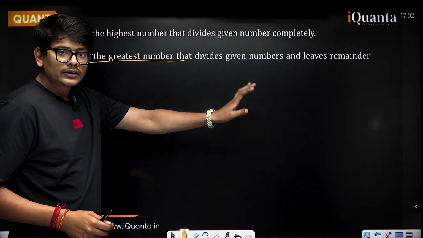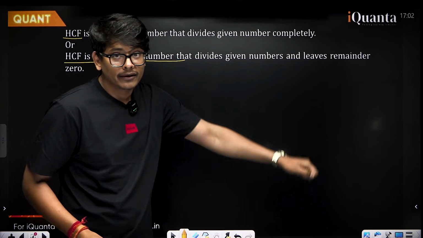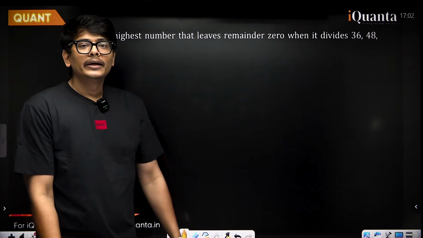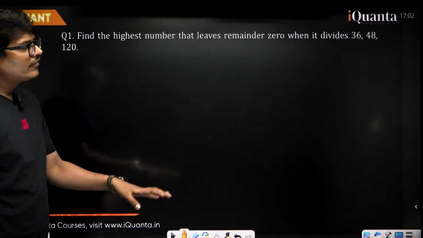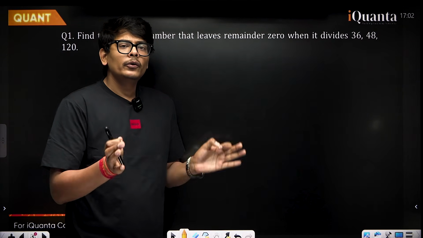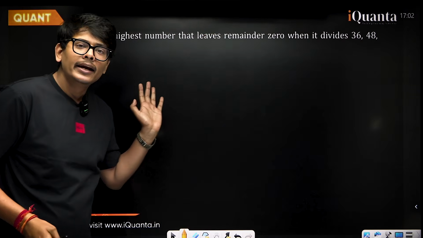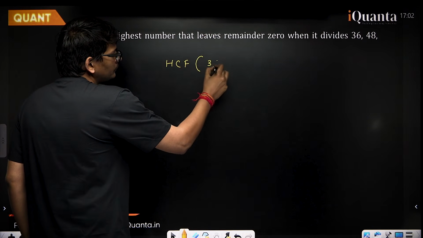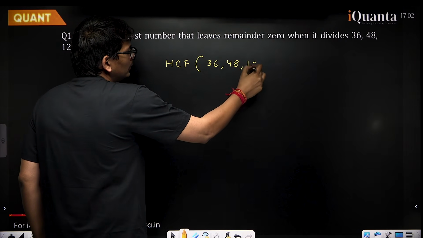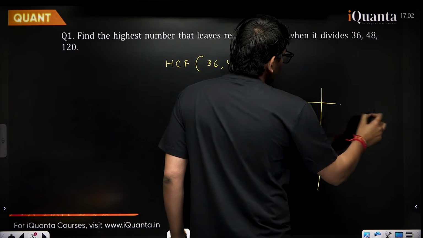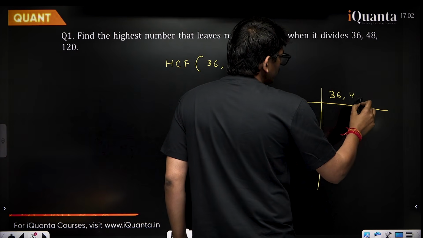Now we're going to solve a few questions related to this definition. Let's begin with the first question. Find the highest number that leaves remainder 0 when it divides 36, 48, 120. Clearly it is asking you to find the HCF of these three numbers. The HCF will be 12, but those who do not know can find it with the help of this method,